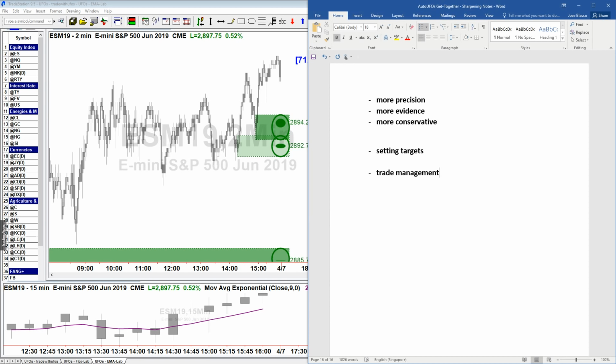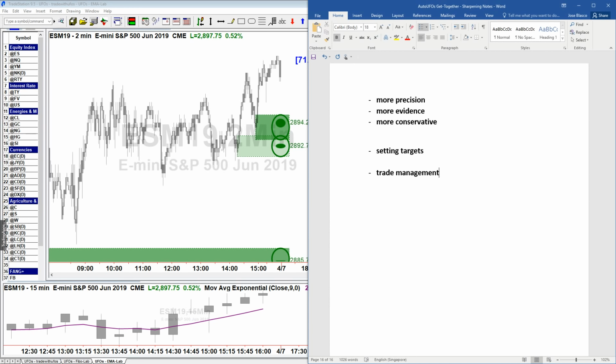Okay, and when I say do nothing, it is because normally when you execute, you don't do it manually. Okay, you use the technology, you place those beautiful bracket orders with your platforms, isn't it? No matter if you're using MT4 or you're using TradeStation or IB or TOS, normally you set a bracket, right? And you have the entry, the take profit, and the protective stop. And basically the computer executes the trades for you, even if your computer is off, isn't it? So one action when it comes to trade management is to do nothing. Just let the computer do what you pre-planned ahead of time. Okay, and if you were to do that, it's fine. There's nothing wrong with that.